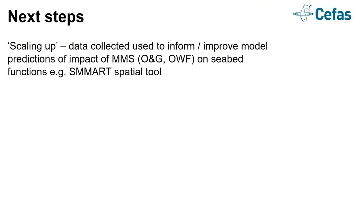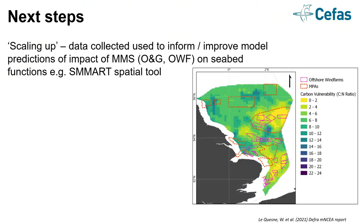So the spatially managed marine area toolkit, which is the smart spatial tool that CFAs have. And that allows you to predict what impacts might have on certain aspects of the seabed. So this is a recent DEFRA report that came out, and what you can see here, the different colors on the seabed itself are the carbon vulnerability, and you can use it for things like carbon sequestration, biodiversity. And then the little cutout diagonal things are red for MPAs, marine protected areas, and the pinks are